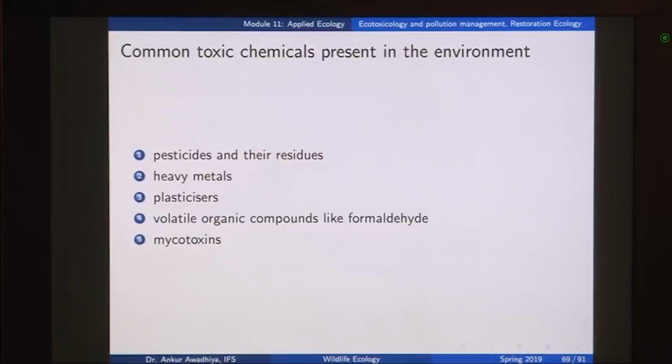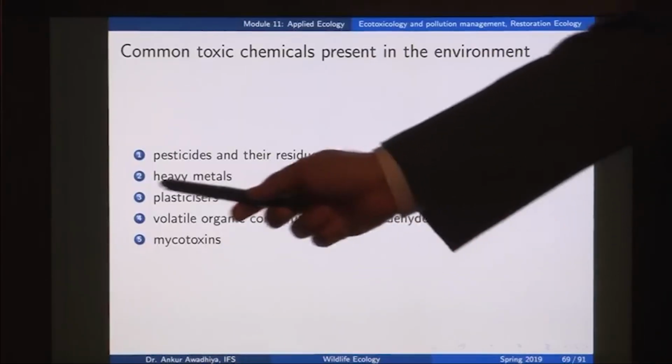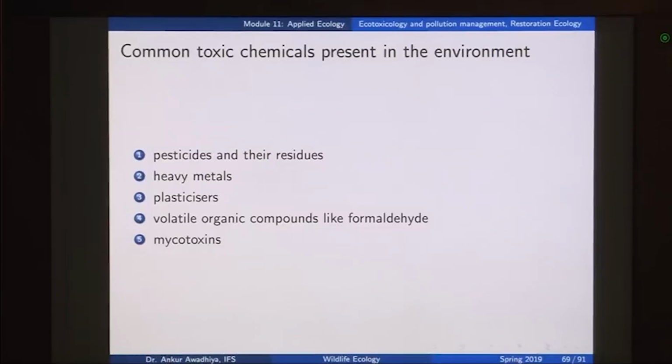Or we look at the impacts of volatile organic compounds like formaldehyde. In this case we are looking at those organic compounds that are volatile. So, especially if you go to a petrol pump and you get the smell of different organic compounds that are there as a part of the petroleum. Some of those might be harmful for health. They are those organic compounds that are volatile, because of which they are getting into the air, and we can look at the toxicity of those chemicals to the populations, communities, ecosystems or the biosphere levels.